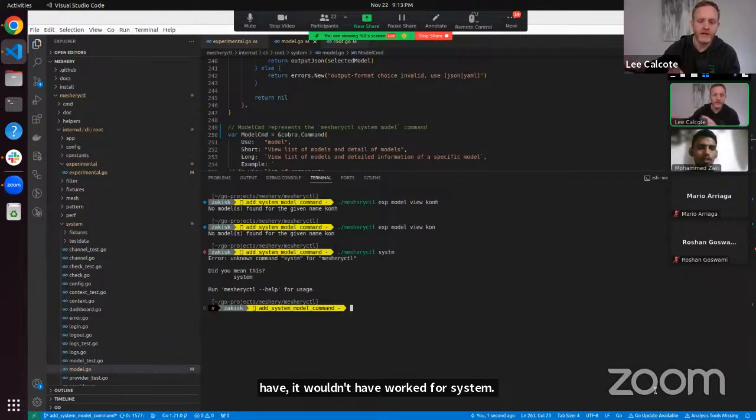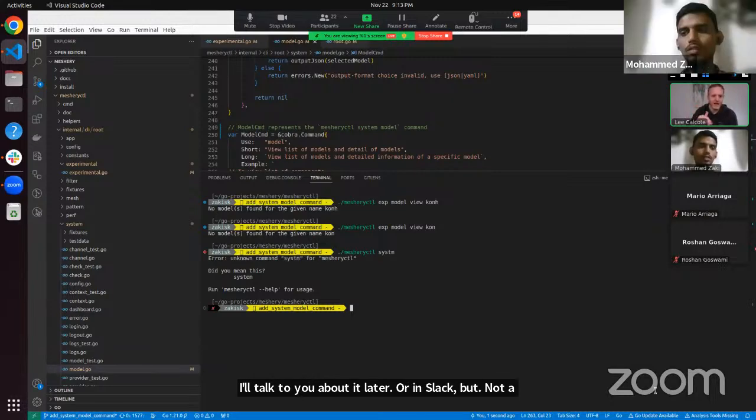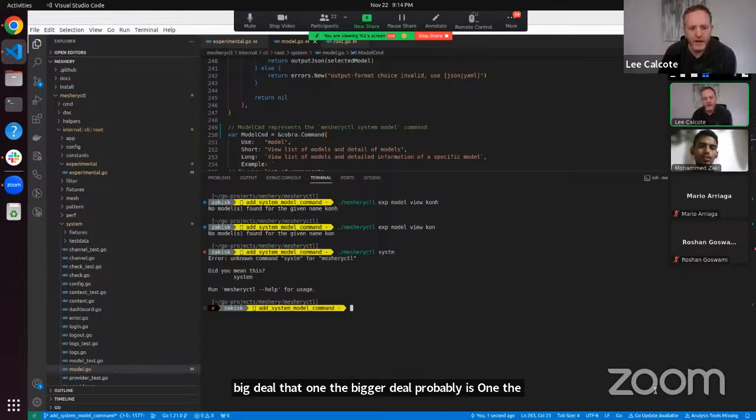The approach that I'm saying, I'll talk to you about it later or in Slack, but not a big deal, that one. The bigger deal probably is, one, the ability to search in general. Okay, cool. And then did you happen to have